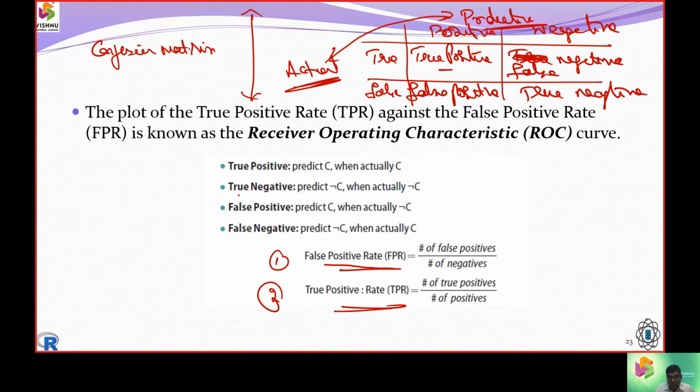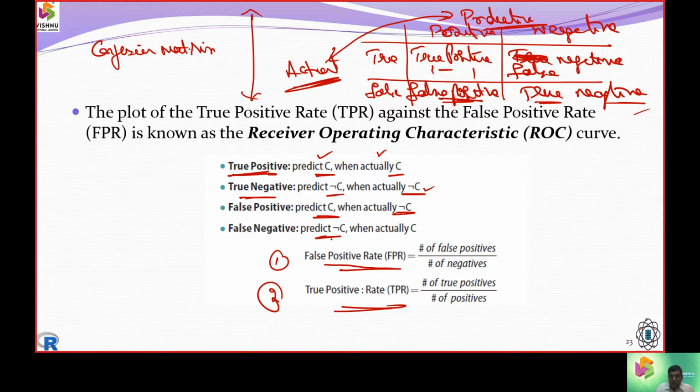In the confusion matrix, we have the true positive element, where we predict that it will happen, and it does happen. Next is the true negative: we didn't predict it, and it didn't happen. So again, we call it a true negative value. And when we predicted something and it didn't happen, we call that element a false positive.